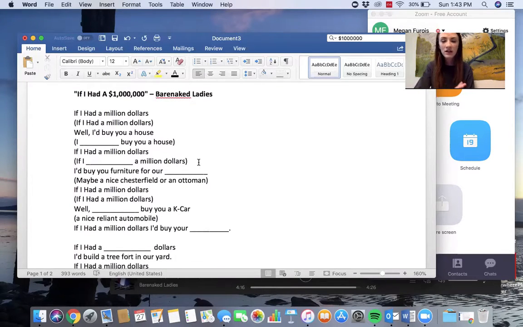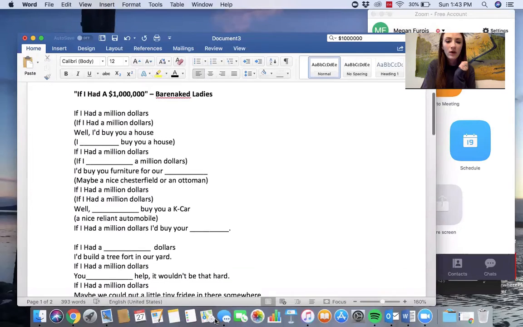Okay, so we're going to be listening to this song, and it's called If I Had $1,000,000. Throughout this song, we're gonna be listening and filling in the blanks. You all should have this worksheet. We're gonna try and fill in all the blanks, and hopefully you're gonna be able to tell what he's trying to say. And keep in mind, think really hard. Does he actually have $1,000,000? Or is he just hypothetically saying, if I had $1,000,000, what could I do with it? What would I do with it?